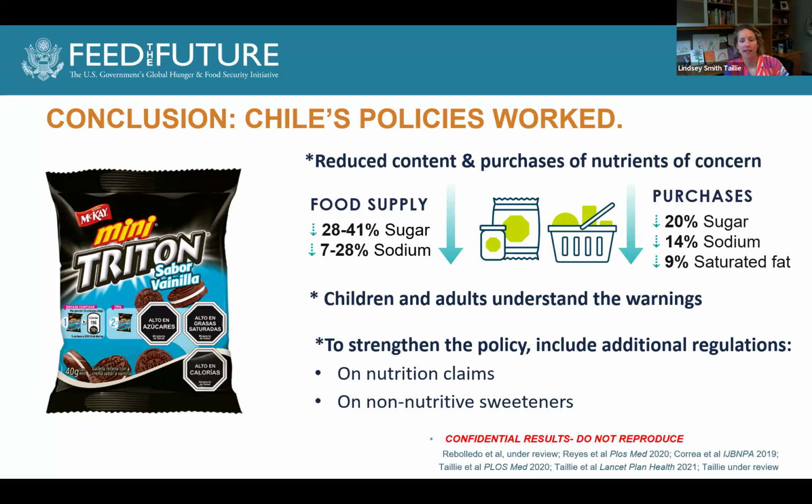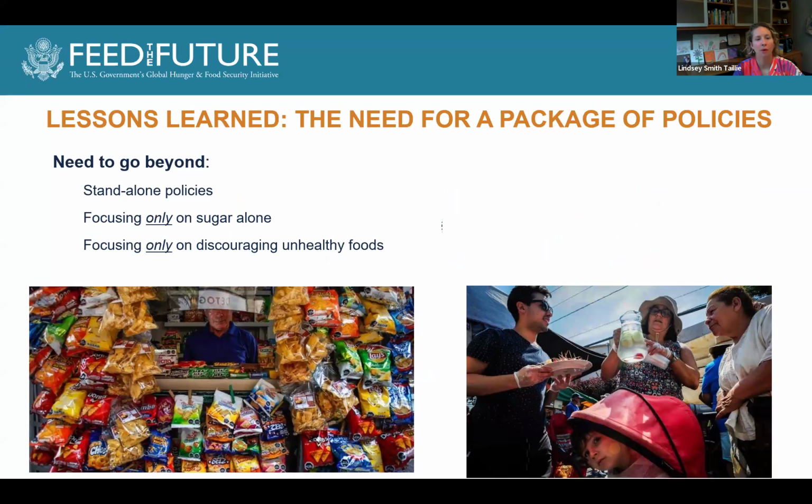But to strengthen the policy, we really need to include additional regulations. So for example, cutting down on some of those labeling strategies that companies like to use. After Chile, countries like Mexico said, if you carry a warning label, you can't use any nutrition or health claim at all. So we're going to get rid of those and get towards a much clearer, simpler message on the package. And then again, addressing the non-nutritive or non-sugar sweeteners issue by including a label for that as well. Now, the other thing that we learned from Chile was this issue around prices.